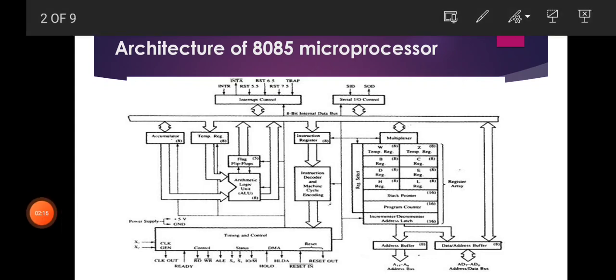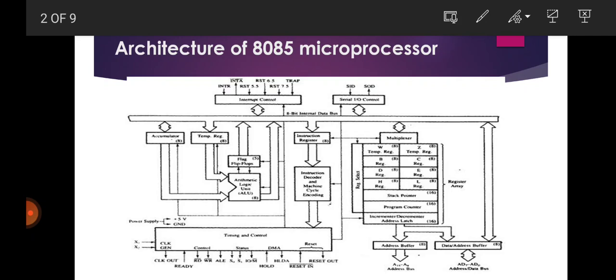then it represents a negative value. If D7 is 1, it is set, and it represents a negative value. If it is 0, it represents a positive value. It is the same as the zero flag. If the result is not 0, the zero flag is reset. If the result is 0, then the zero flag is set.